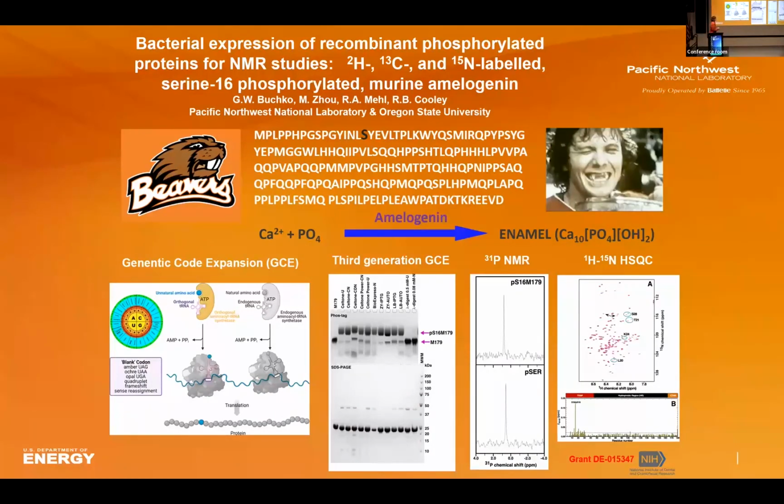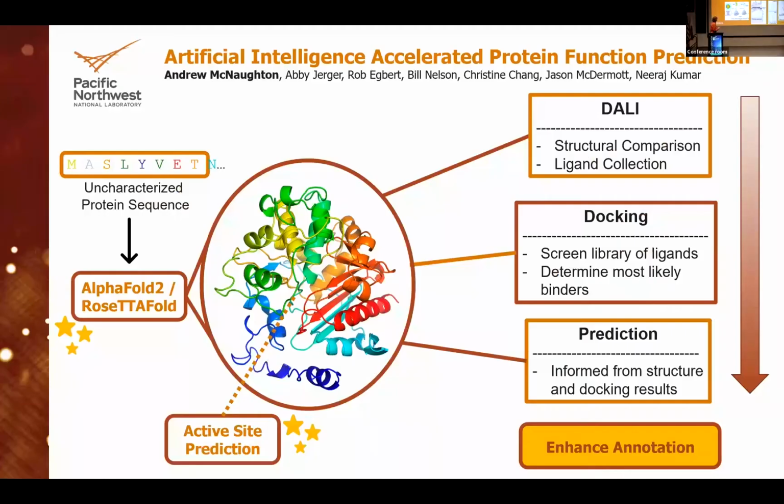Another important thing about this accomplishment is that it is also the first example where we have a phosphorylated protein that's also been triply labeled, because as an NMR